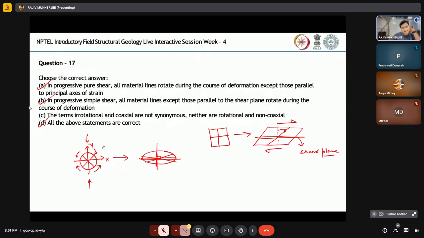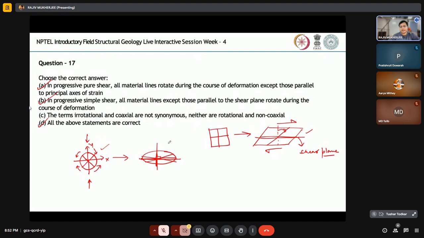And since this is a coaxial deformation and this is a non-coaxial deformation, these two terms are not equal, and neither are rotational and irrotational the same. So irrotational and non-coaxial is not synonymous, because this deformation is obviously coaxial, but in this case also there happens some rotation of the material line, whereas rotational and non-coaxial are also not related. Non-coaxial means the axes of the strain will change due to progressive deformation, right? So in a case where the strain axis itself starts to rotate,